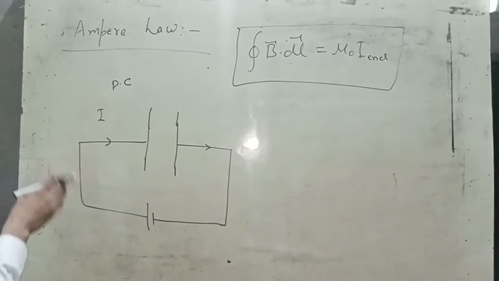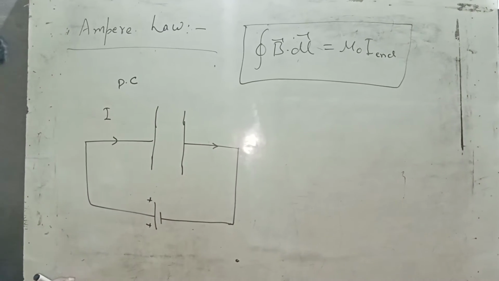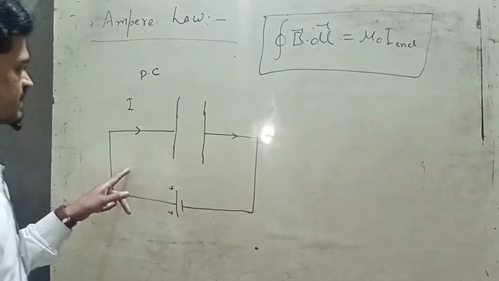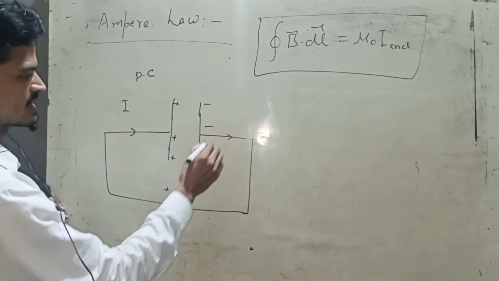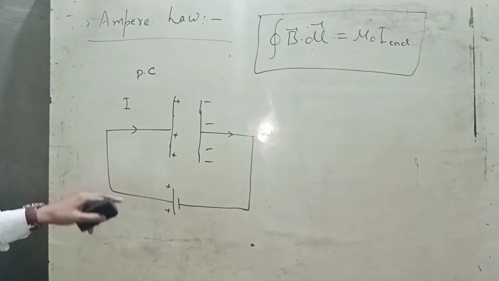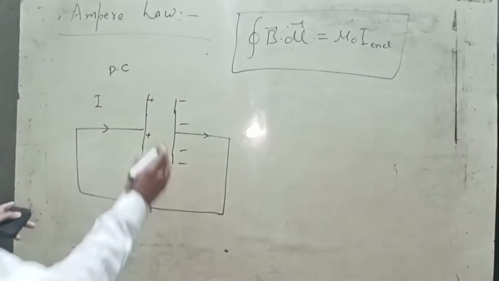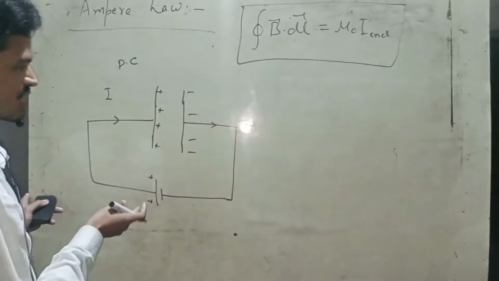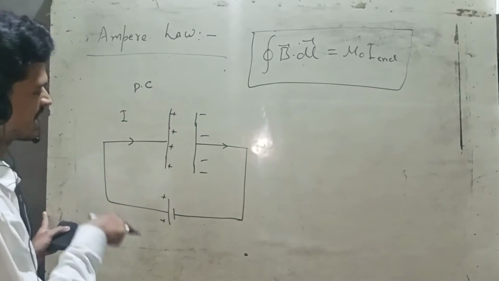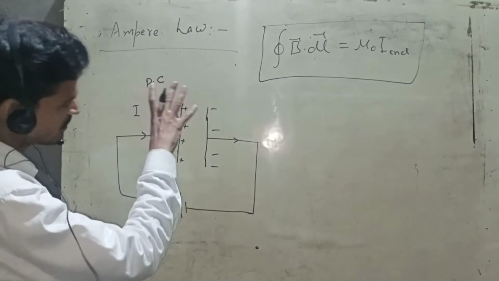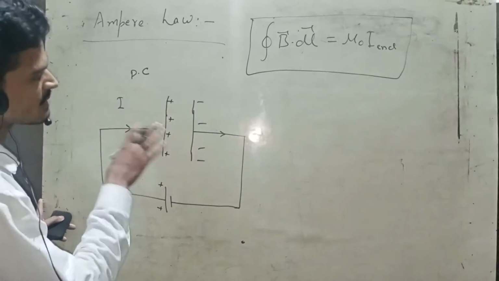Suppose you connect a battery's terminals to a parallel plate capacitor. What happens? After some time this plate becomes positive and this plate becomes negative. So after some time the capacitor becomes charged, and the flowing current stops. In the DC case, when the current is not varying, after the capacitor is fully charged the current will stop. So it doesn't matter.